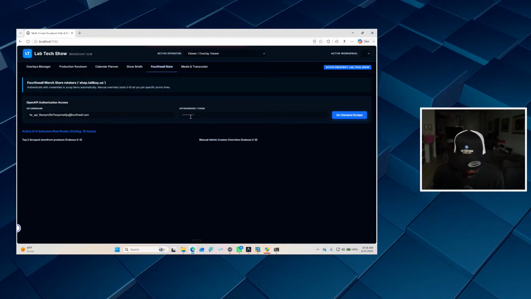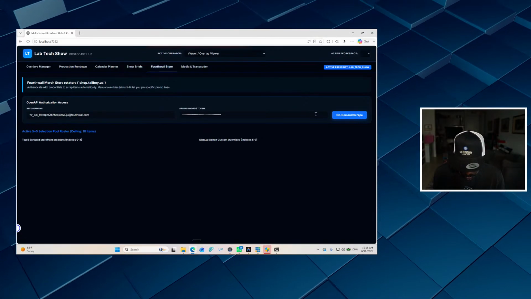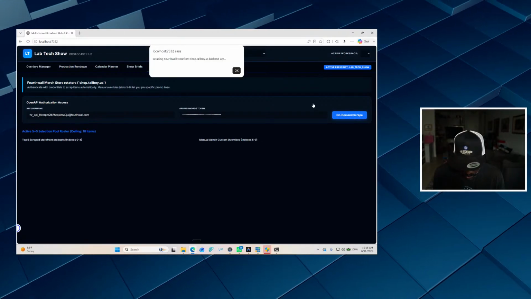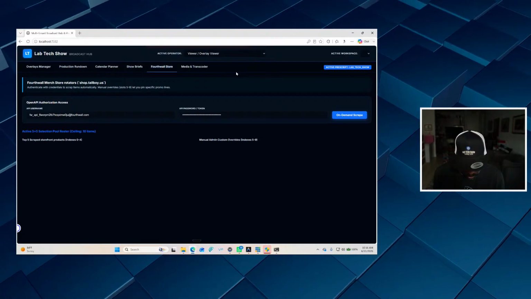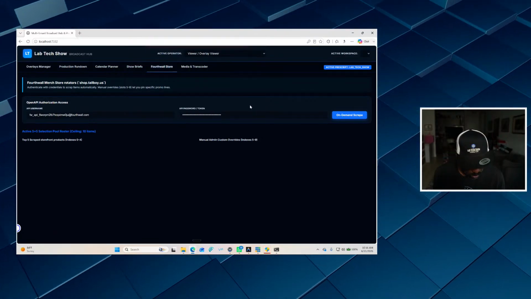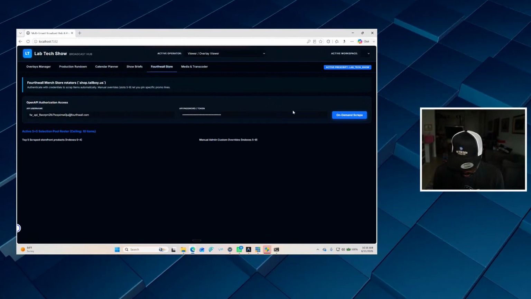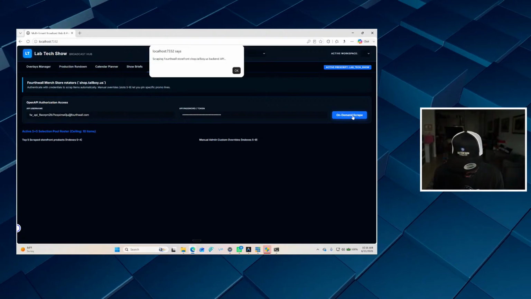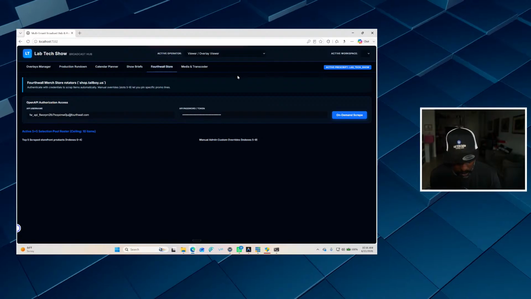And let's see if the token will work. Did it work? Okay, so it's scraping the back end.